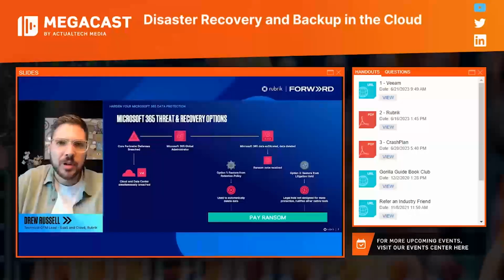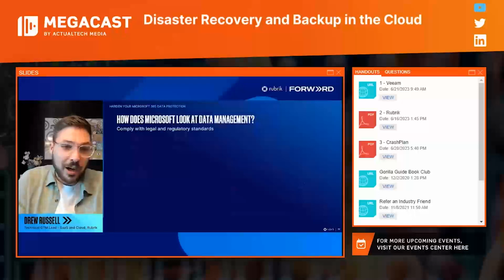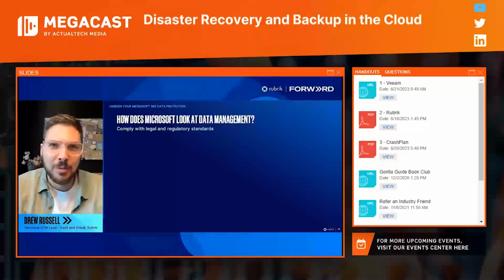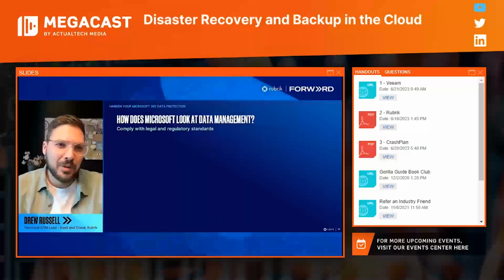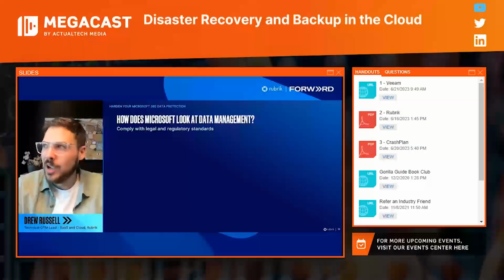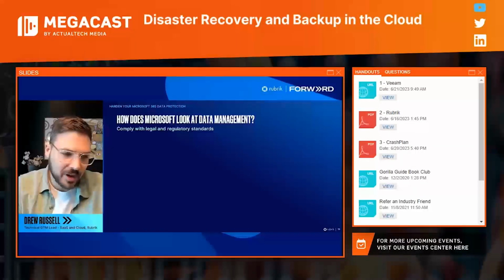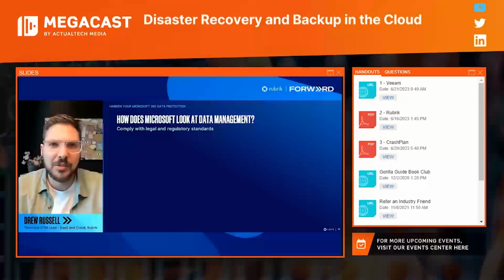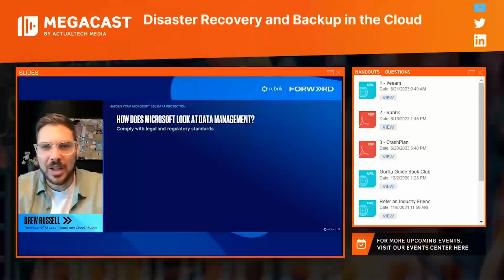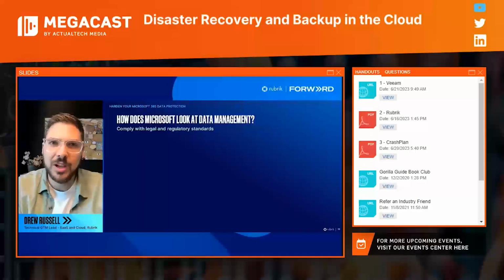Before I turn it over to Rodney here, I always like to talk about when we first created this slide. We originally titled it How Does Microsoft Look at Data Security? And from talking to Rodney and some of his colleagues on the Microsoft side, they said, hey, we don't look at it as data security. It's viewed in this data management context, and there are some key differences between those two use cases. So Rodney, maybe you could spend a couple of minutes talking about the high level categories you have here for the native tools.